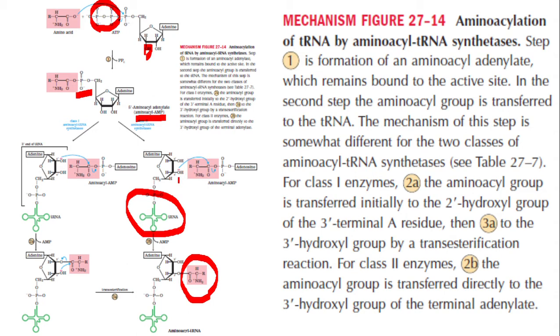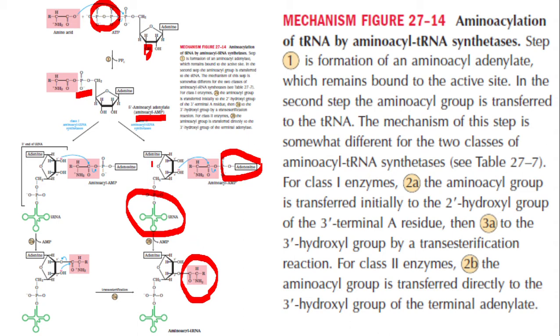What is remaining? This is amino acyl AMP. Once the amino acid is gone, it is only adenine and phosphate group. Adenosine and phosphate group. So adenosine monophosphate is there. This is adenosine monophosphate bearing an amino acid. The amino acid is transferred to carbon number 3. What is remaining is adenosine monophosphate. That adenosine monophosphate goes out.